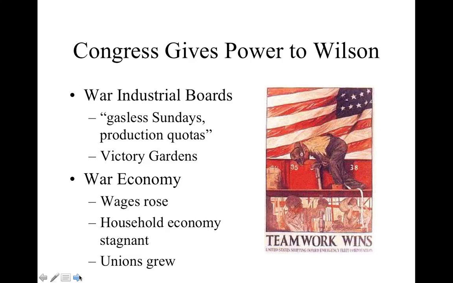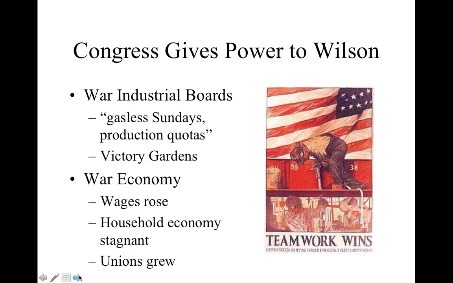basically a regulatory body. The board encouraged companies to use mass production techniques to increase efficiency. It also urged them to eliminate waste through standardized production. For instance, they had production quotas. They had to allocate quotas on the raw materials used. They also, during this time, almost doubled what they had produced before the war. Corporate profits soared. We also see industries such as chemical, meat packing, oil, and steel industries increase